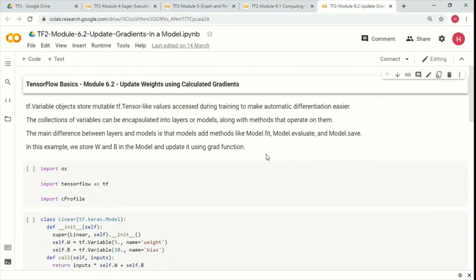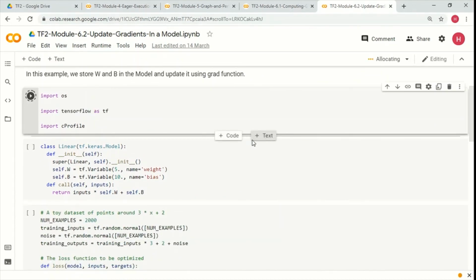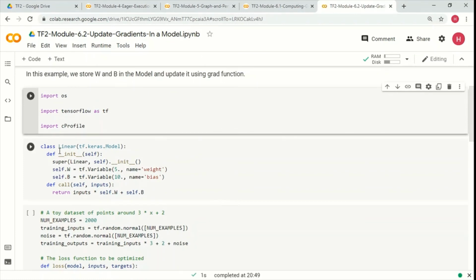Let's see how we update the weights using the calculated gradients. Okay, so let's once again import the library. Now in this case, we are extending this class directly from the keras.Model.